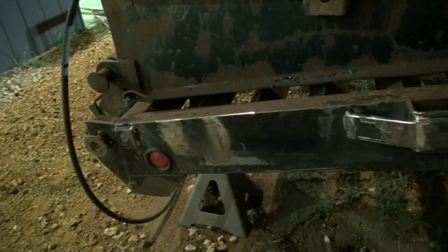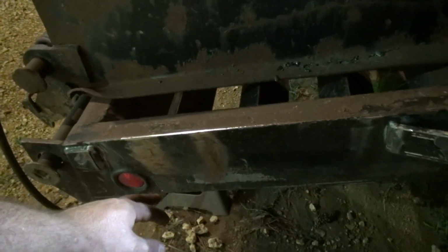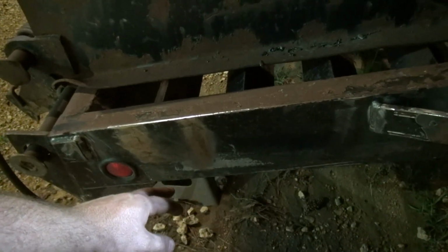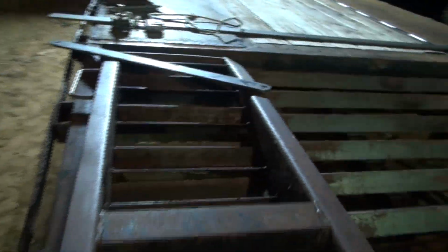But I will do this another day, finish that up. I'm not going to film any of it. Just going to wrap this video up. I just had to add that pin there, add a pin there, and make one more piece of flat bar here, the same dimensions as this one here, out of this. And then I will